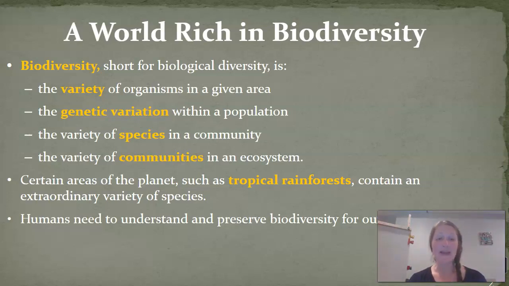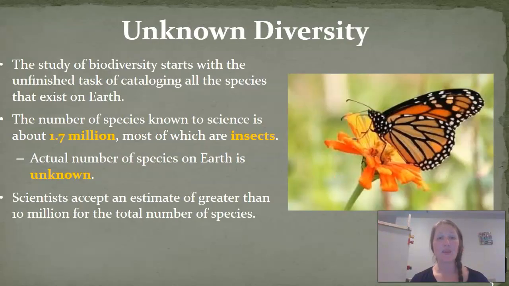We do see some areas of our planet, tropical rainforests are a great example, where we have so many different species of organisms. And then if we look at other biomes like a desert biome or a tundra biome, we're going to see a lot fewer species, and therefore our diversity numbers are going to go down. It's important that we, as people, understand diversity amongst all of the species for our own survival. If we start to disrupt the biodiversity within a particular ecosystem, it can have ramifications for us as well.